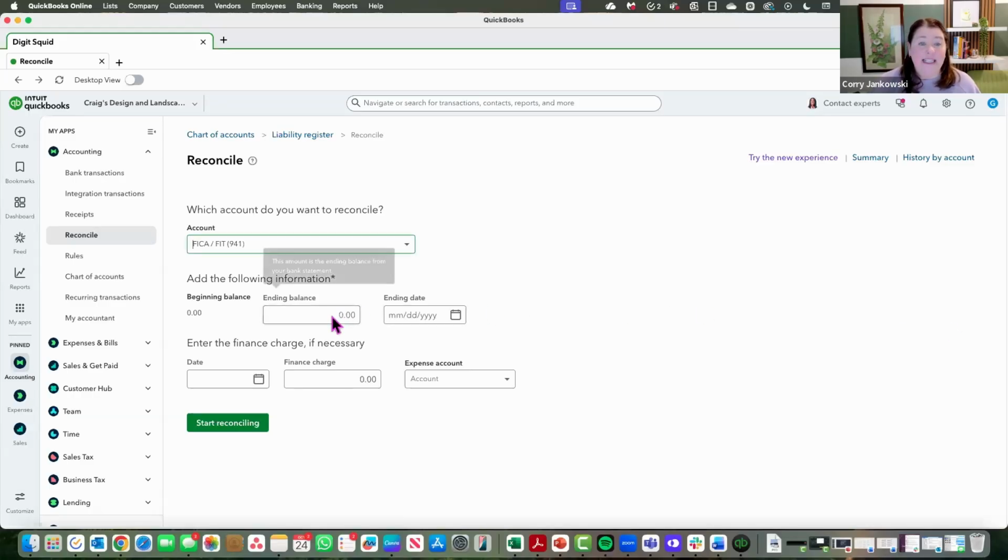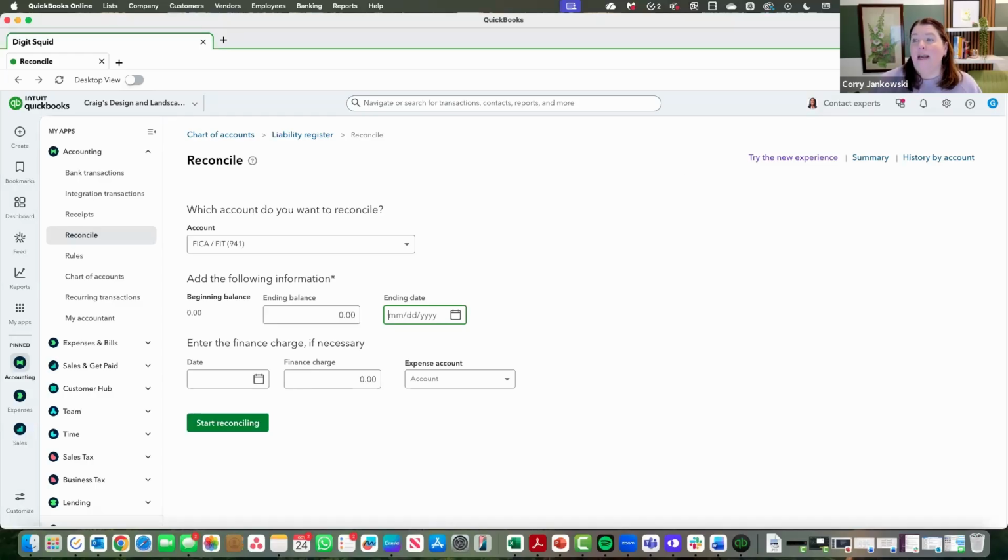Okay. So this account, we want to reconcile it to $0 because these payroll tax liability accounts should be acting similar to a clearing account. And so that means that everything that comes in should go back out. We could go through and do all the calculations to figure out what the ending balance will be at that particular date. I just find that it's easier to do it to $0,